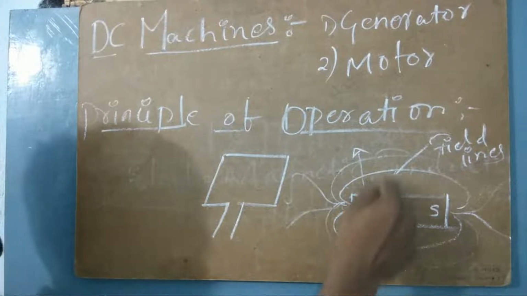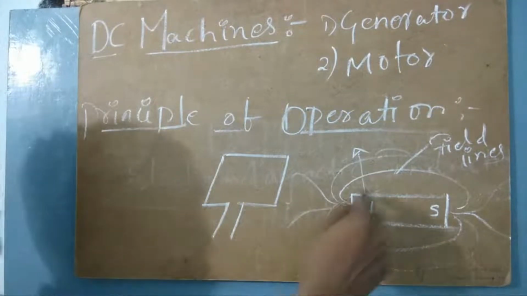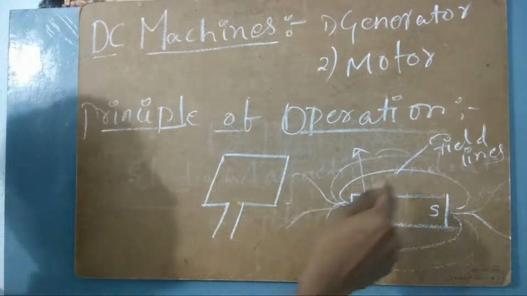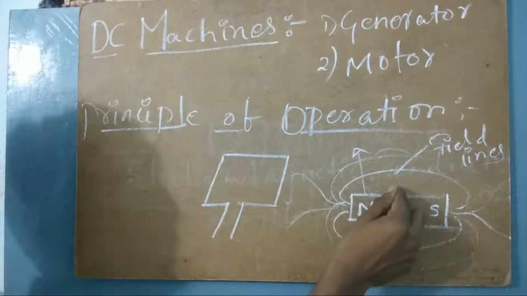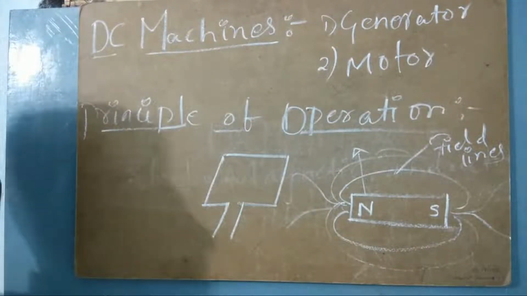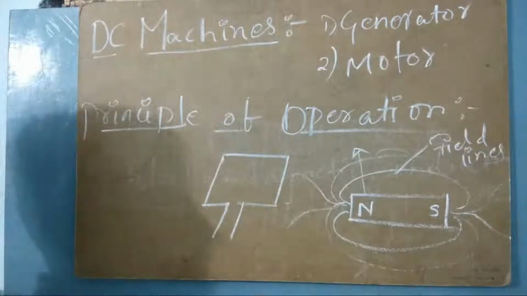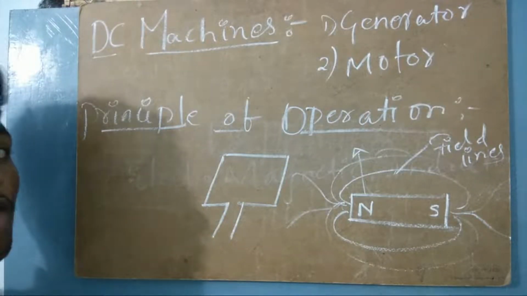So here this is forming a certain field. This field will have a certain intensity. Intensity, in Telugu we say tivrata. So this magnetic field will definitely have some kind of magnetic field strength. That strength or intensity of the magnetic field that we have around this magnet is considered to be the flux. What is it called? Flux.